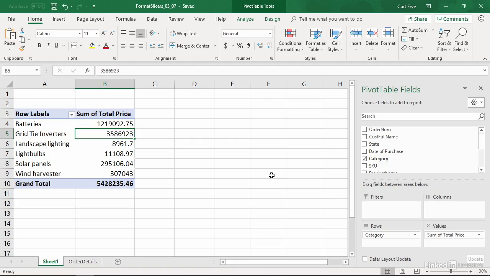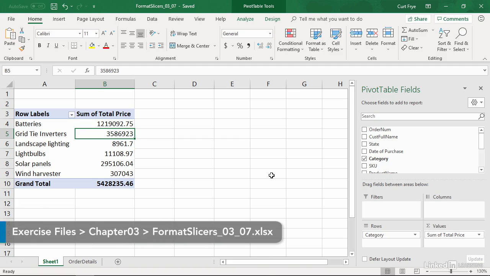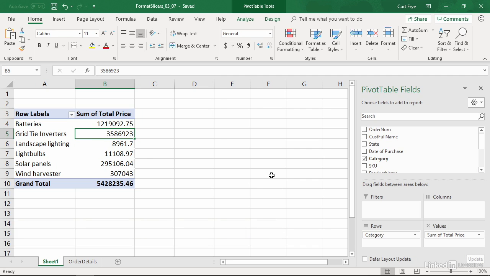Filtering a pivot table using a slicer helps you and your colleagues visualize which values the filter includes and excludes. You have a lot of control over the slicer's appearance and other characteristics, so you can customize it to meet your needs. In this movie, I'll demonstrate how to reformat a slicer. My sample file is Format Slicers 0307, and you can find it in the Chapter 3 folder of the Exercise